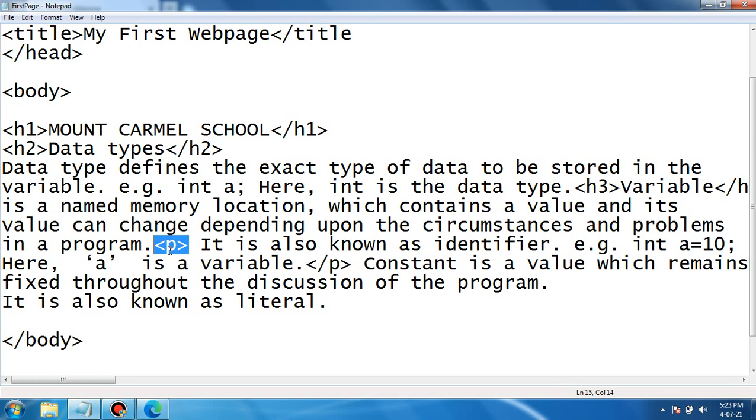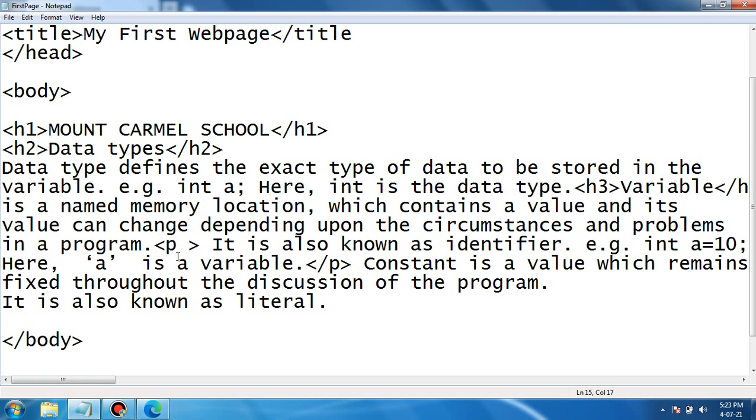This is the start tag h2, this is the start tag h1, and this is the start tag of body. So attributes are always used within the start tag. We will click inside the start tag. Here p is the tag name. After that you press the spacebar to give a space and then type the name of the attribute. The name of the attribute is align. Using the align attribute we can position the text at a particular position in the web page.